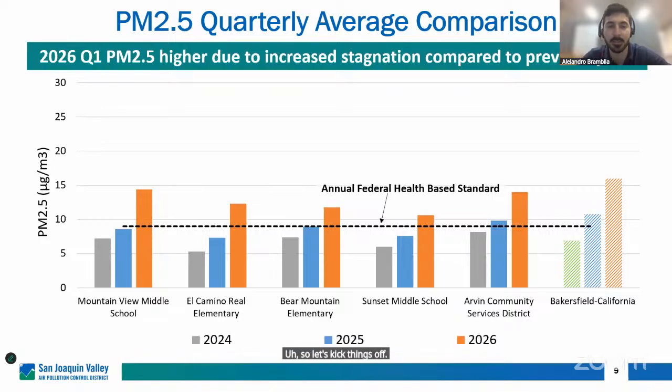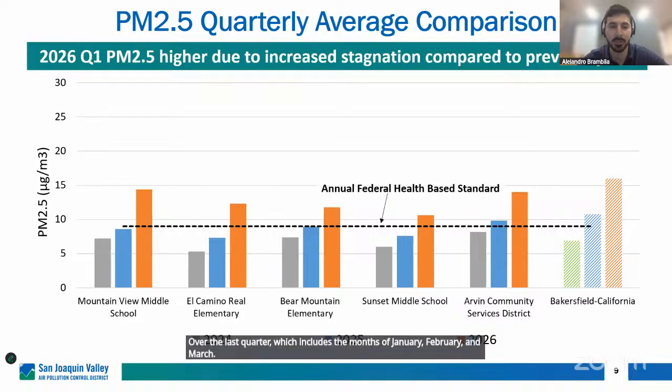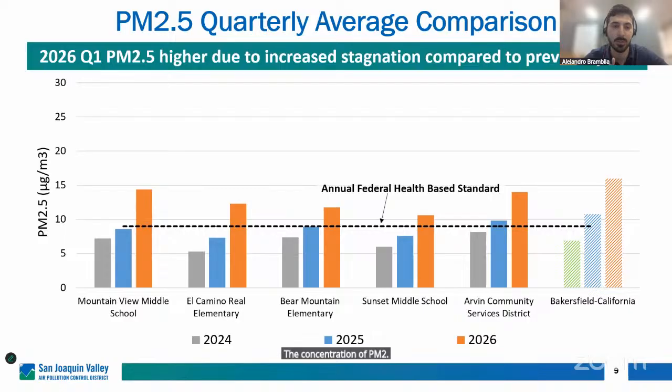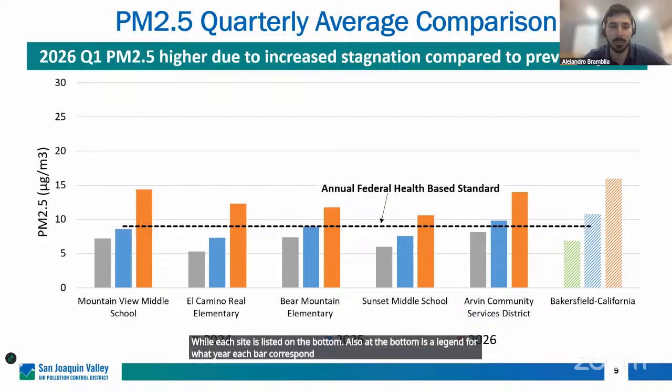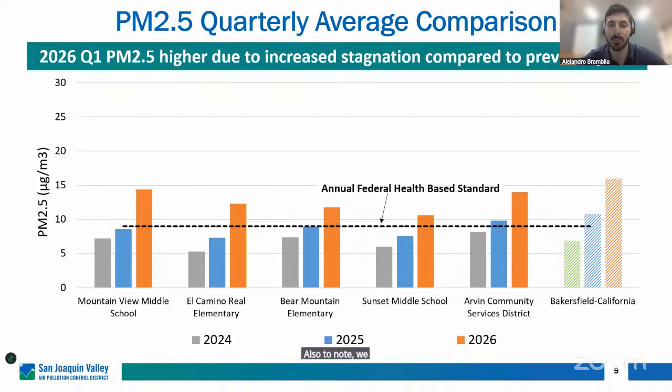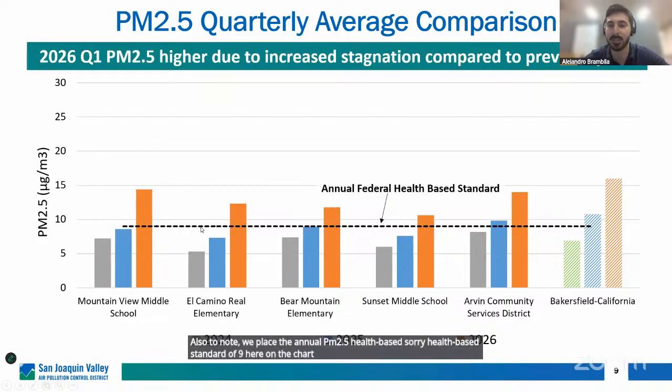So in this slide, it's the average of PM 2.5 over the last quarter, which includes the months of January, February, and March. The concentration of PM 2.5 is shown on the left-hand side, while each site is listed on the bottom. Also at the bottom is a legend for what year each bar corresponds to. Also to note, we placed the annual PM 2.5 health-based standard of 9 here on the chart,